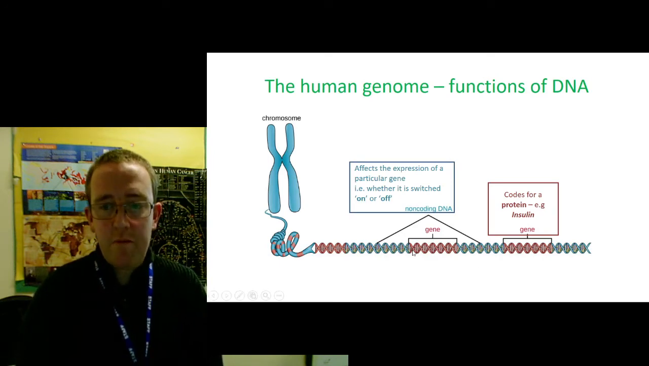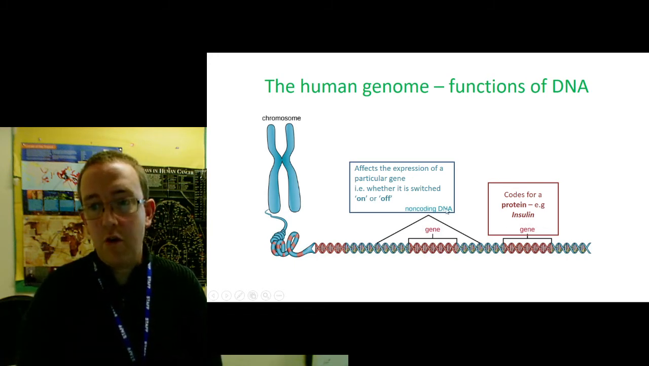Okay, so these red bits here, these are the genes. For example, this might be the code spelling out how to make the protein for insulin, right, which is obviously important in diabetics. And then these blue bits here are non-coding DNA,